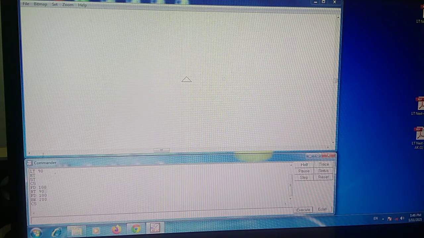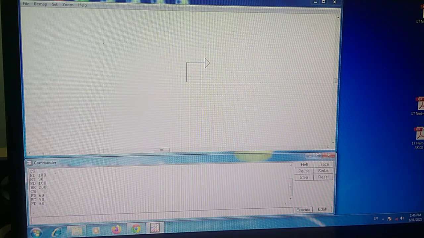Then if you want to make a triangle, what you have to do is FD 60 first, enter, 60 steps, then RT 90, enter, 90 degrees, then FD space 60, enter.